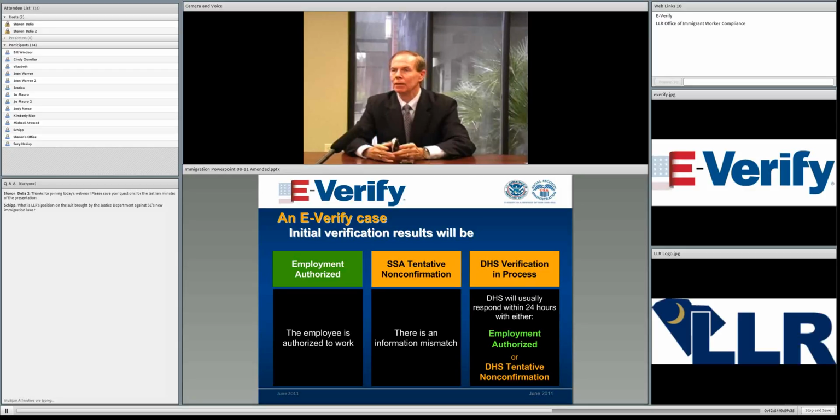The problem typically with a Social Security tentative non-confirmation is a married woman has applied for employment using her new married name. It's on her driver's license and the other documents that she's bringing in, and she hasn't contacted Social Security for them to update their records. So she's not going to clear the E-Verify process. For a DHS verification in process or tentative non-confirmation, yeah, bureaucrats make errors, and incorrect information could have been entered into the system, or more likely, you've got a person there with a immigration status issue. Regardless,